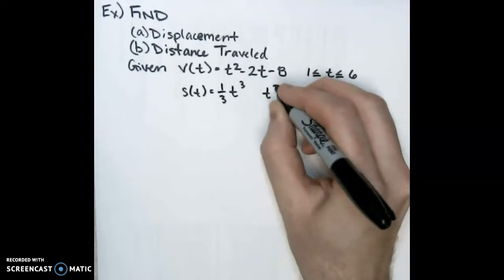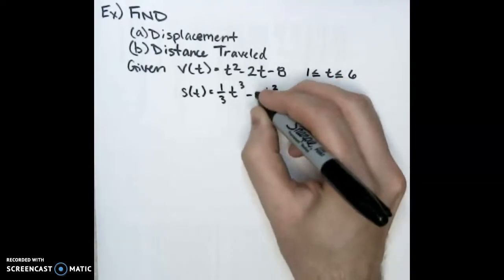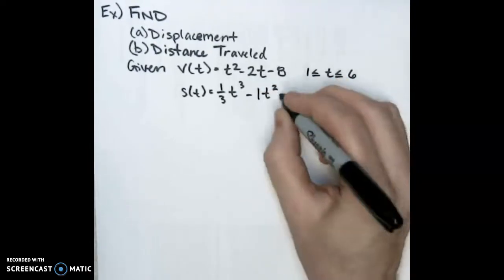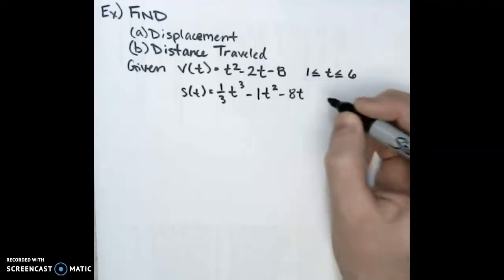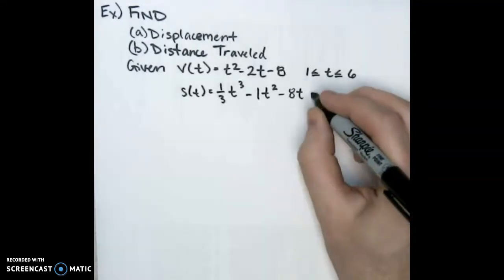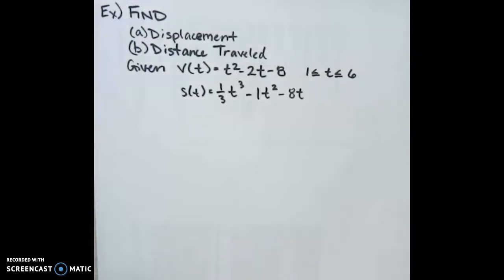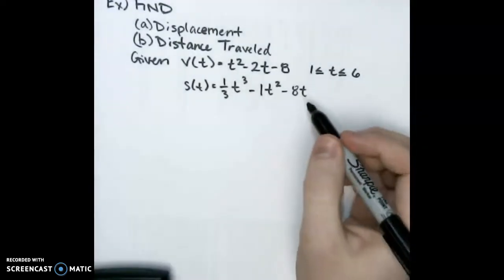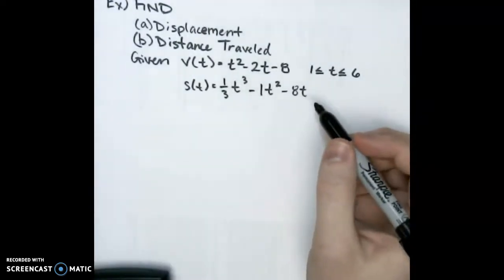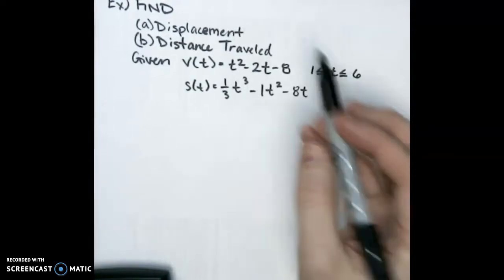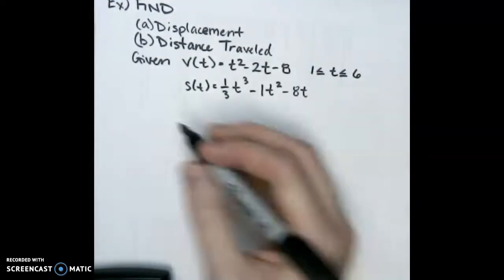Raise this exponent by 1. When you divide by 2, you get -1 in front. Give 8 a variable, and then you're going to have plus a constant, but in this case they don't give you a constant, so you'll just assume that it is 0. So we have our position function, and then we're going to start by finding the displacement by taking,